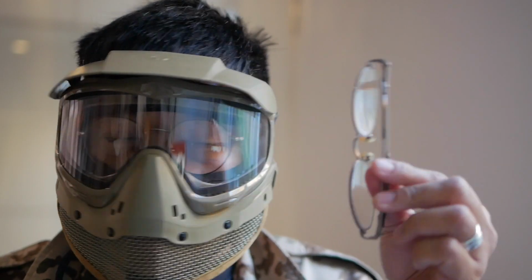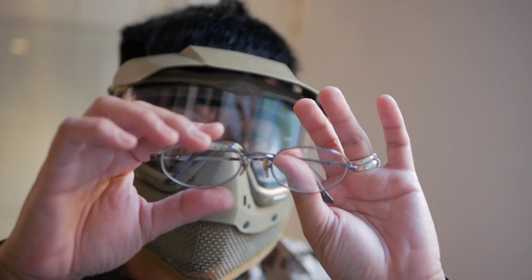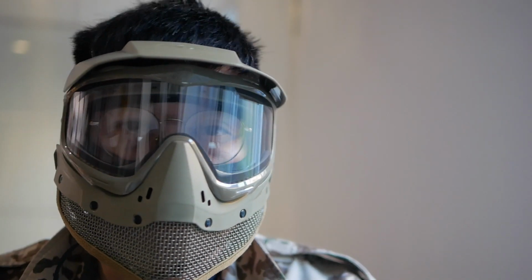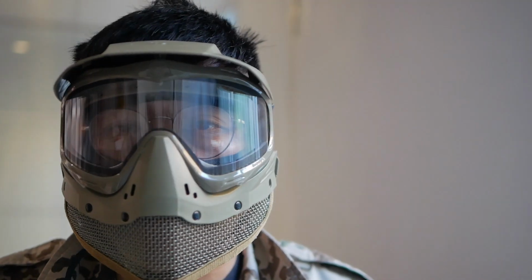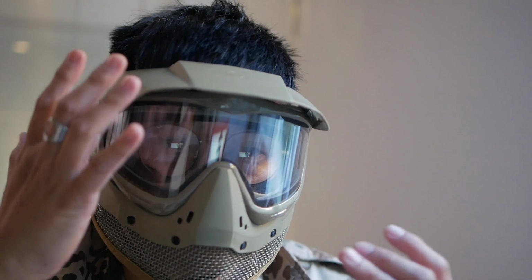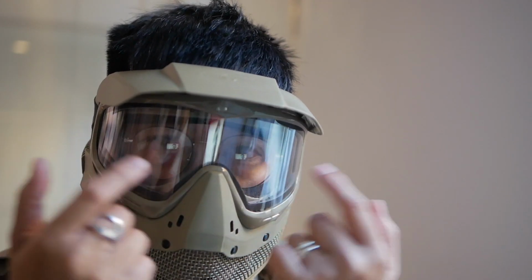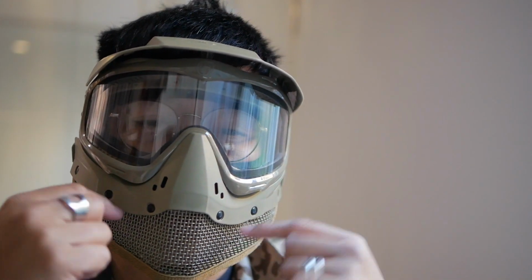In fact, I just recommend, if you're going to be playing airsoft with glasses, get a pair of small lens glasses if you can. Even with these larger lenses, it's pressing down at the top. It's comfortable enough now, but it's possible that after playing for a couple of hours, that extra pressure on the frame that's pressing down, and at least it's not touching the inside of the lens, but just the foam top of the mask is pressing down, could cause some discomfort